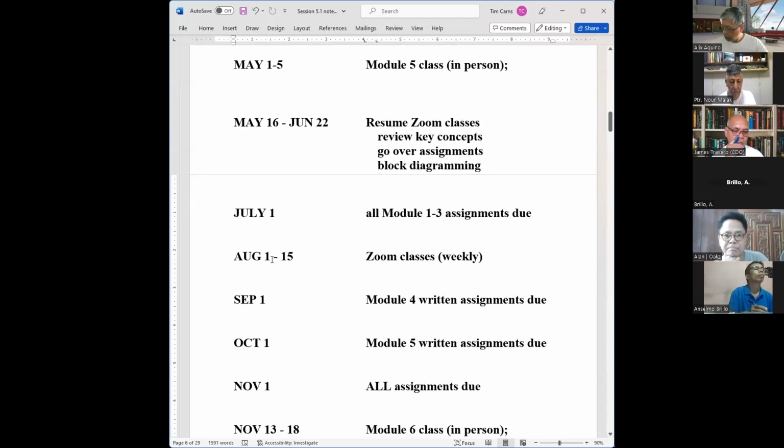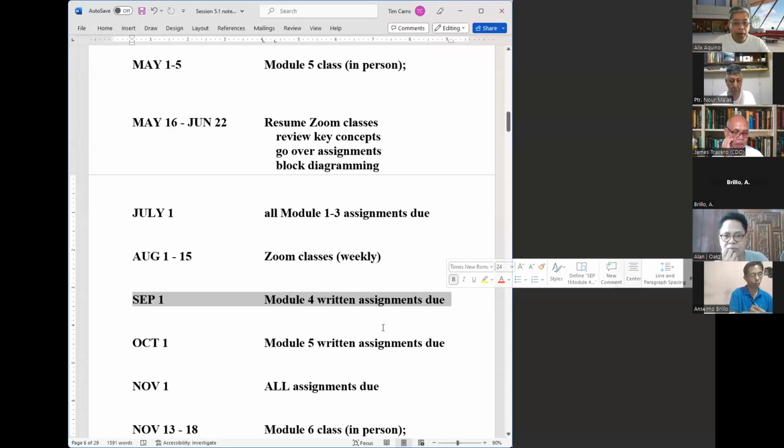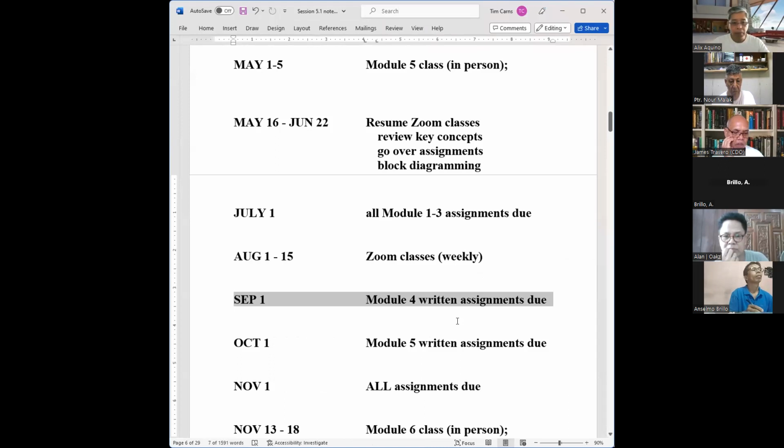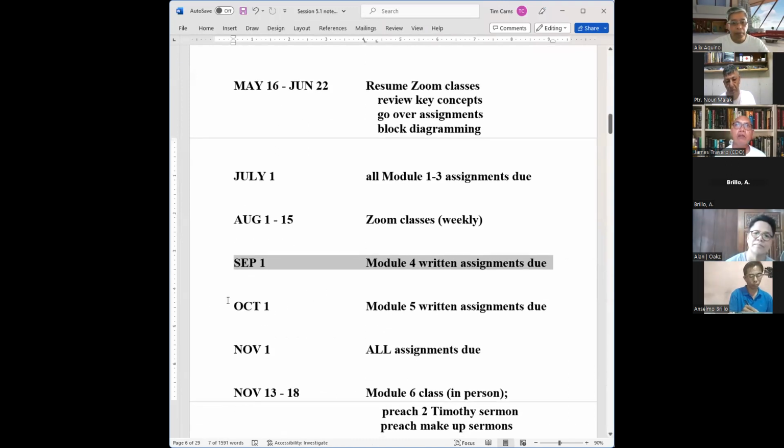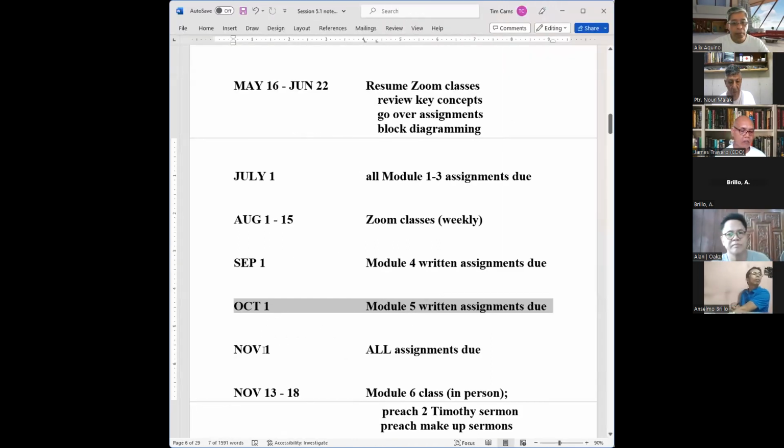Then August 1st, we'll be starting our Zoom classes again. September 1st, all the Module 4 assignments are due. So again, I'm just giving you some ideas, some milestones, some targets to try to shoot for. And then October 1st is when I have all the Module 5 written assignments due. And then by November 1st, all assignments of everything, all the reading assignments,